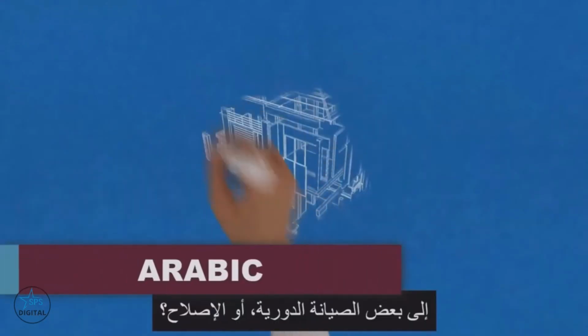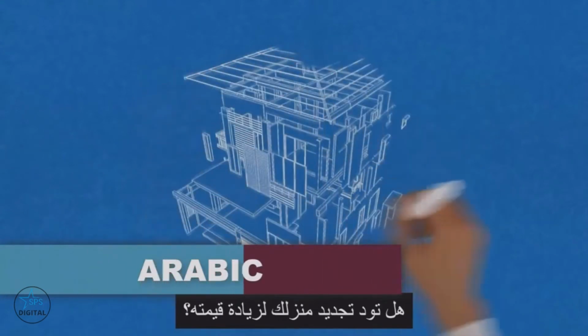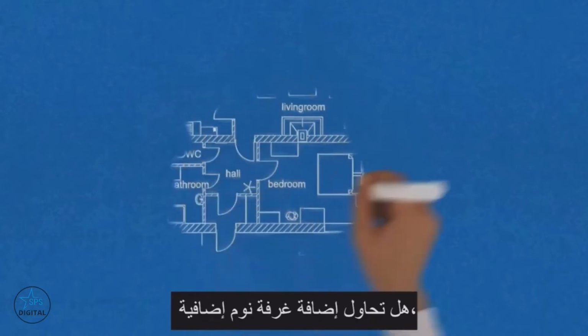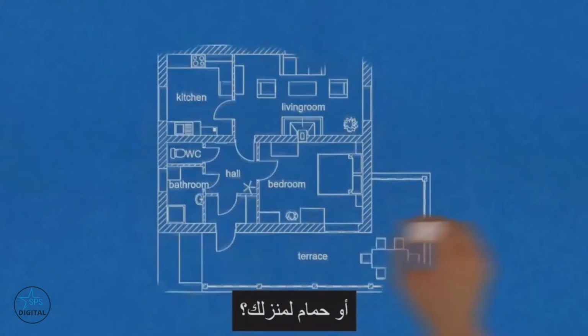المعلق: هل يحتاج منزلك إلى بعض الصيانة الدورية أو الإصلاح؟ هل تود تجديد منزلك لزيادة قيمته؟ هل تحاول إضافة غرفة نوم إضافية أو حمام؟